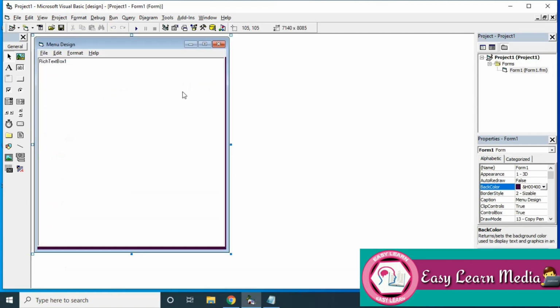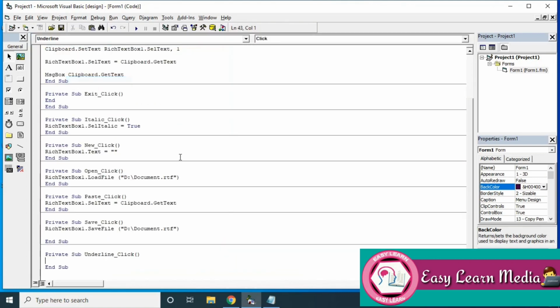So the next one is underline. The same code, RichTextBox1.SelUnderline equal to true. By default it is false, we're just making it true.